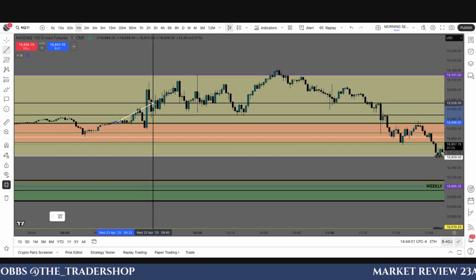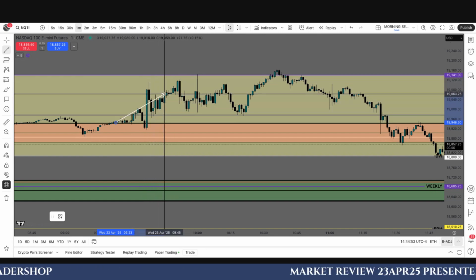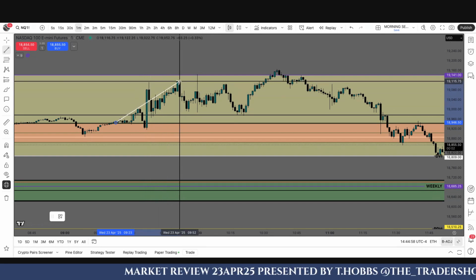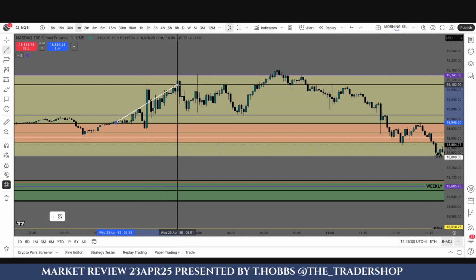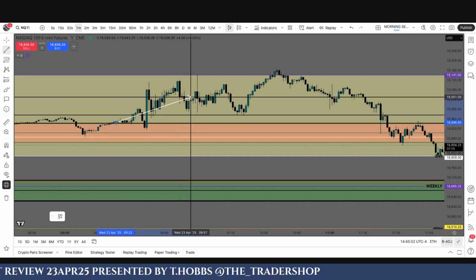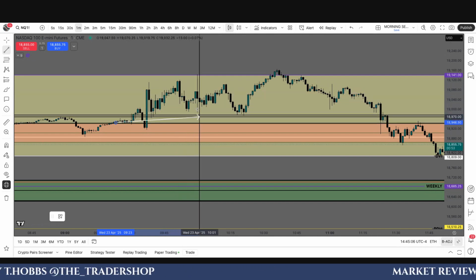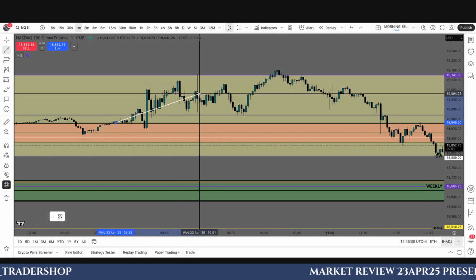I ended up trying to short this entire trend up here. It's a bad idea. I should have just allowed the market to sweep. It did sweep, and I got back in. This was my 3rd trade. The market came down, pulled back, and I was like, okay, I'm willing to hold through this. And then this candle happened and took me out again. I was like, yo, what the hell, right?